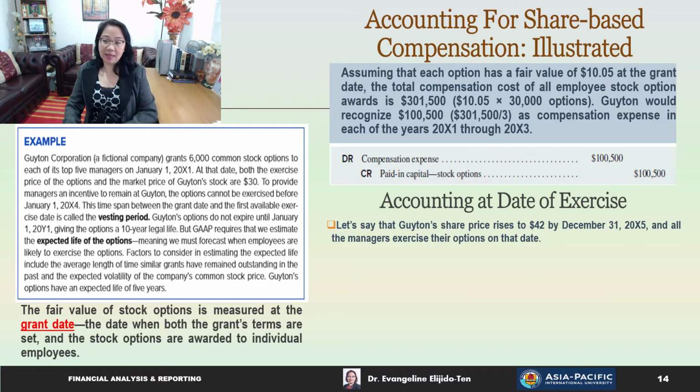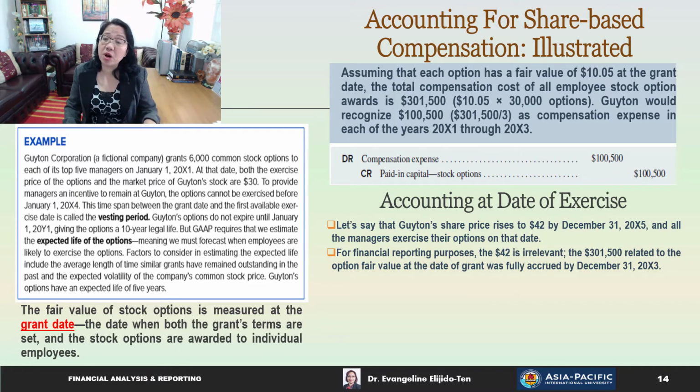Let's say that Guyton's share price rises to $42 by December 31st, 20x5, and all the managers exercise their options on that date. For financial reporting purposes, note that $42 is irrelevant. The $301,500 that is related to the option fair value at the date of the grant was fully accrued by 31st